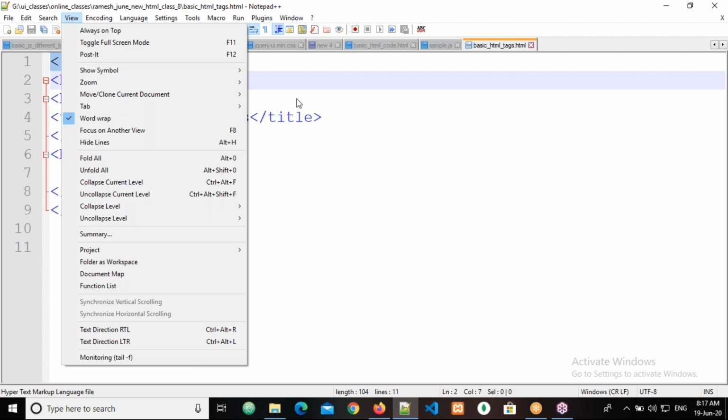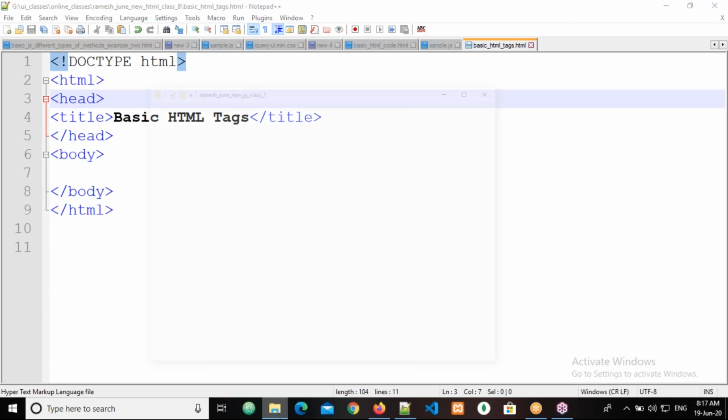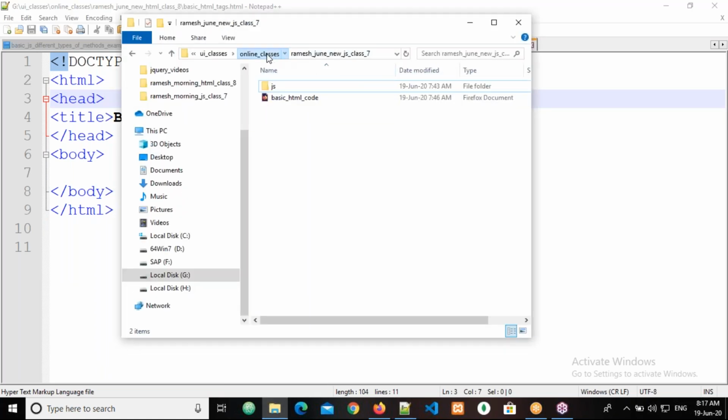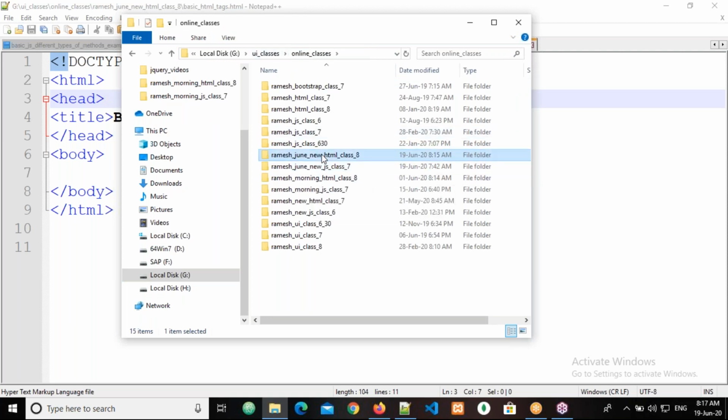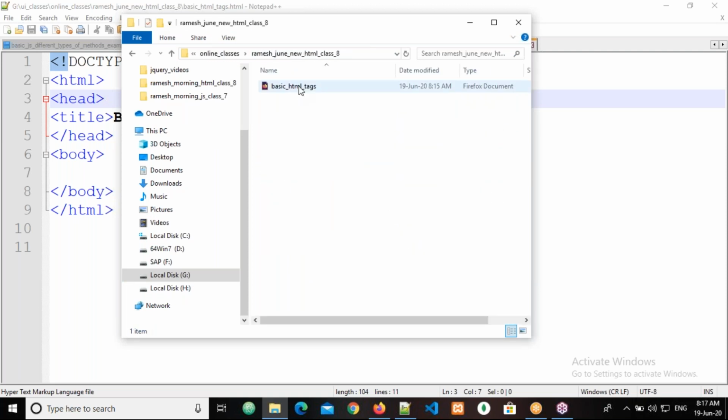That's it. These are the two ways. Or else, the other way is to come directly to your application directory and double click on this page. Whenever you have a file with the .html extension, it will automatically be treated as a web document, and all web documents open in a browser. Mine is Mozilla Firefox, my default browser, that's why the Firefox symbol is coming here. So these are the ways available.